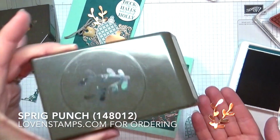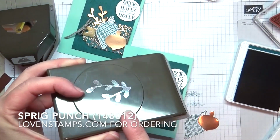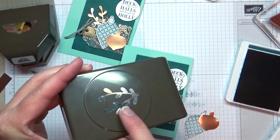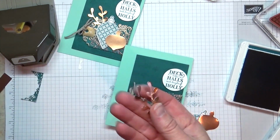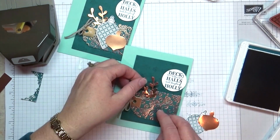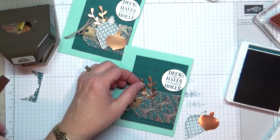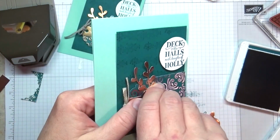All right, so next thing, I have another piece of copper foil, which I have punched with the sprig punch. This is great all year long, 12 months of the year you can use this. It's great for flowers, it's great for vegetation, it's great for fall leaves, and it's great for holly kinds of projects too. It can be a little tricky to attach though, so my advice for this is to go ahead and position it where you want,